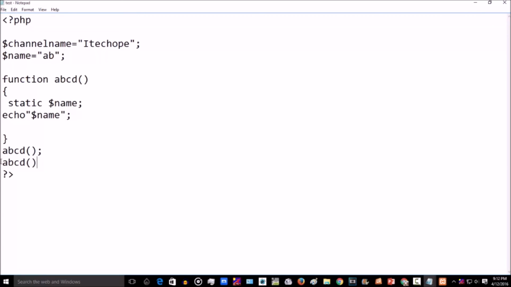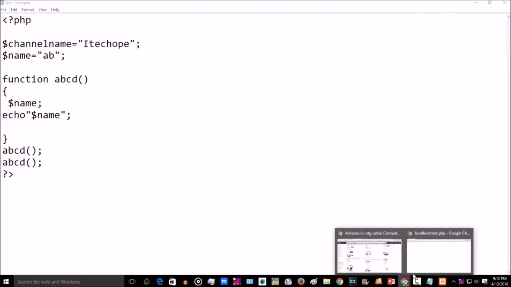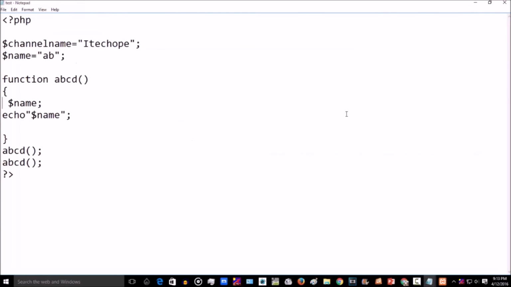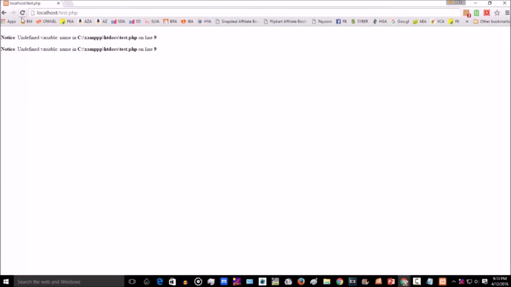Firstly we will be calling it without static, and let's have a look at it. Control save. Now refresh the page.